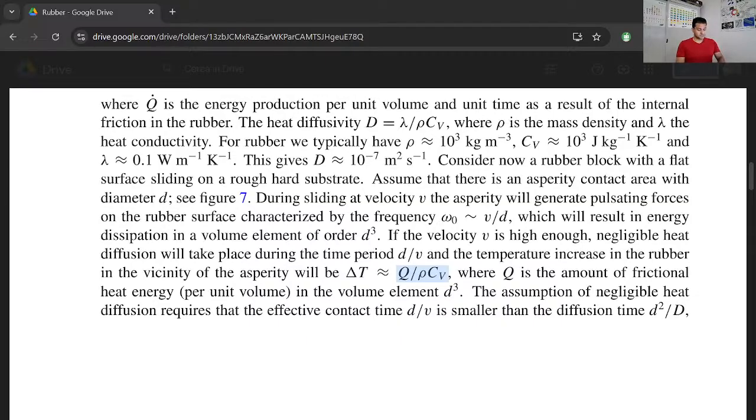Diffusivity D is equal to lambda. Lambda here is not the wavelength, it's important to mention. Lambda divided by rho times specific heat, volumetric specific heat. Lambda is heat conductivity. Hence, considering rubber